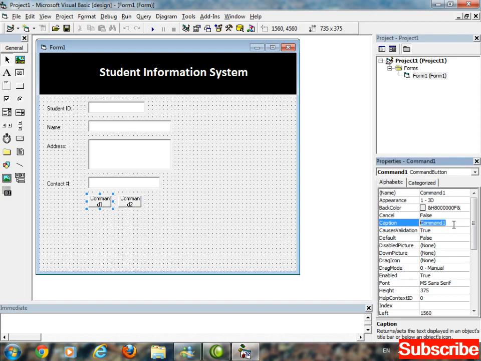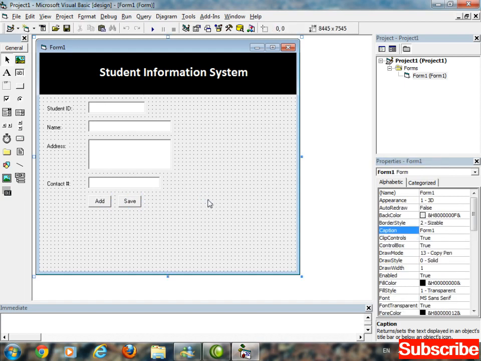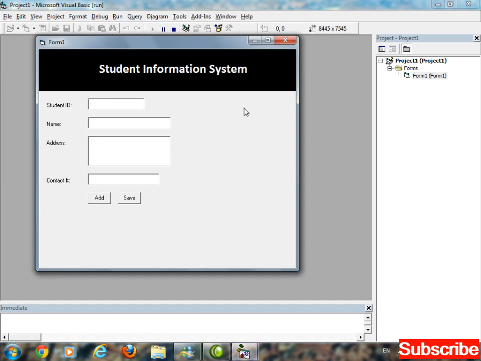Change the caption to add and change the caption of the second one to save. Okay. Now this is the complete design. This is just a design. Start your project and check. You can see this is a design.